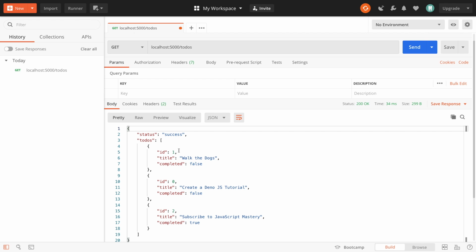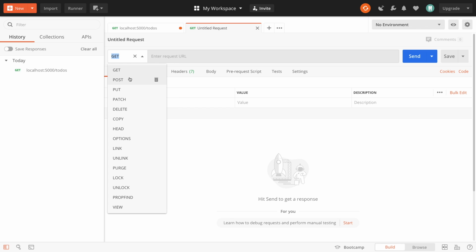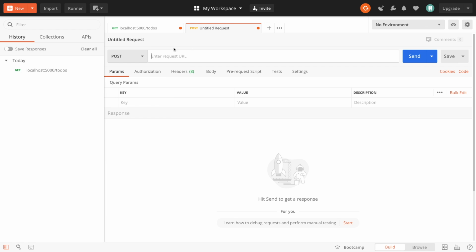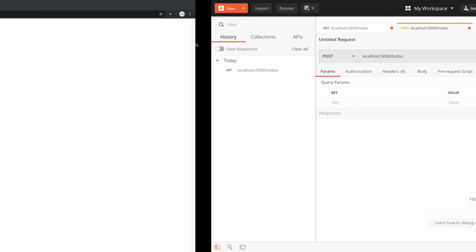We can also get the data in the browser. Let's create a new request. In there, this is going to be a POST request, and it's going to go to the same identical path, localhost 5000 /todos, but keep in mind, this thing is a to-do request. So if we go back to our app